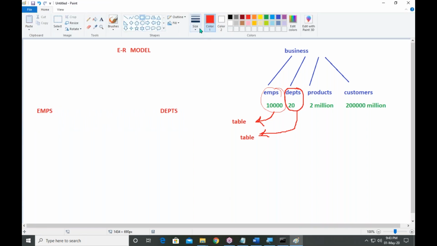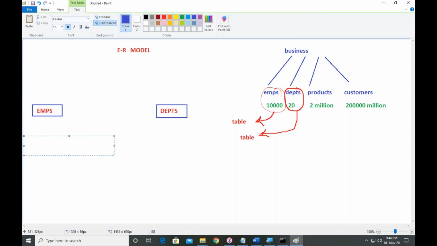These are called objects. Objects are represented with a rectangle. What is the ER model? It's a graphical diagram. In this diagram, objects are there, object properties are there, and relations between objects are there. What are the properties?